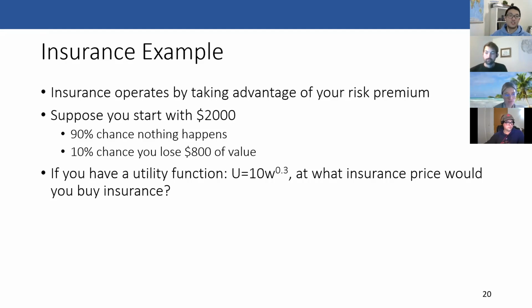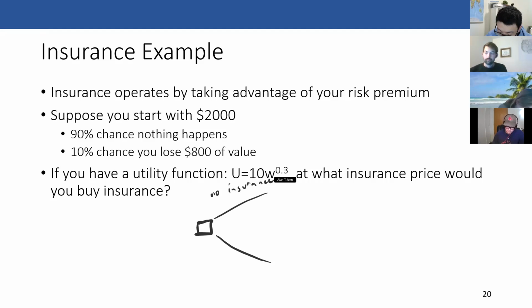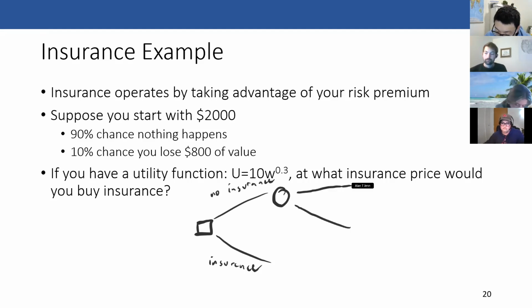At what insurance price would you buy insurance? So let's take a look at this problem. We're going to make another tree. We're going to have a decision where you buy no insurance, and then a decision where you do buy insurance. Okay. So if you don't buy the insurance, then there's a 0.9 chance that nothing happens and that your value